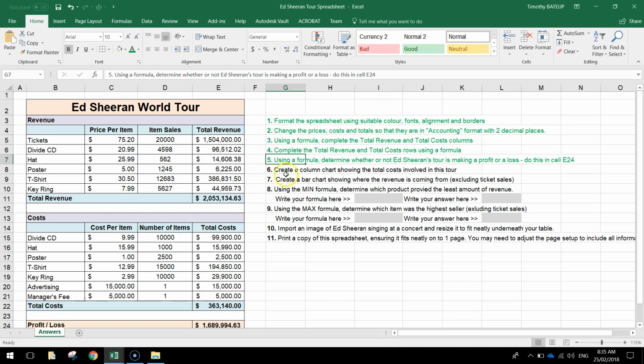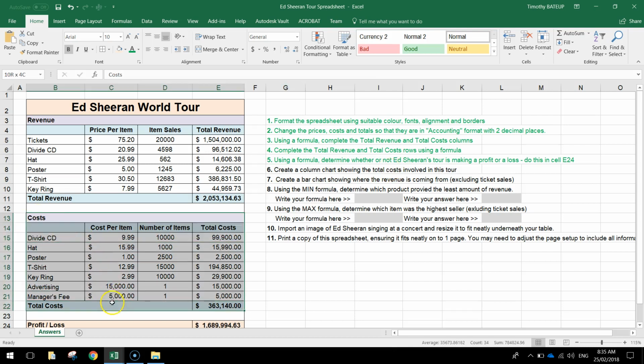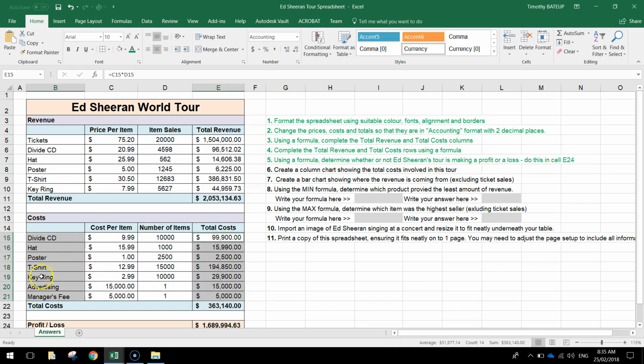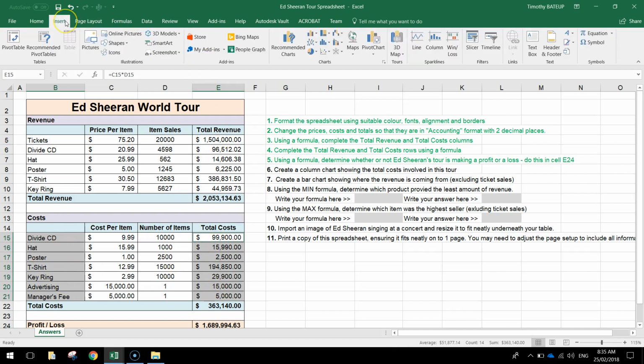Number 6, create a column chart that shows the total costs involved in this tour. Okay, got to be careful with this one. You've got to read the question carefully. We're looking at total costs only. So down the bottom is our costs section down here. What we want is the total cost for everything. So we start from the CD down to the manager's fee. Press Control on our keyboard and hold it down, and we highlight all the total costs associated with these names over here. Once you've got those 2 columns selected,